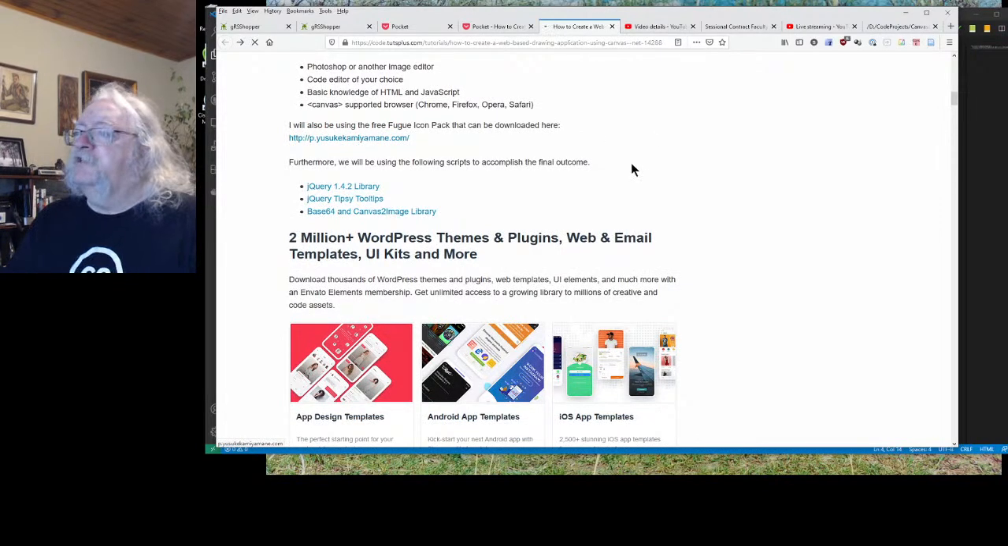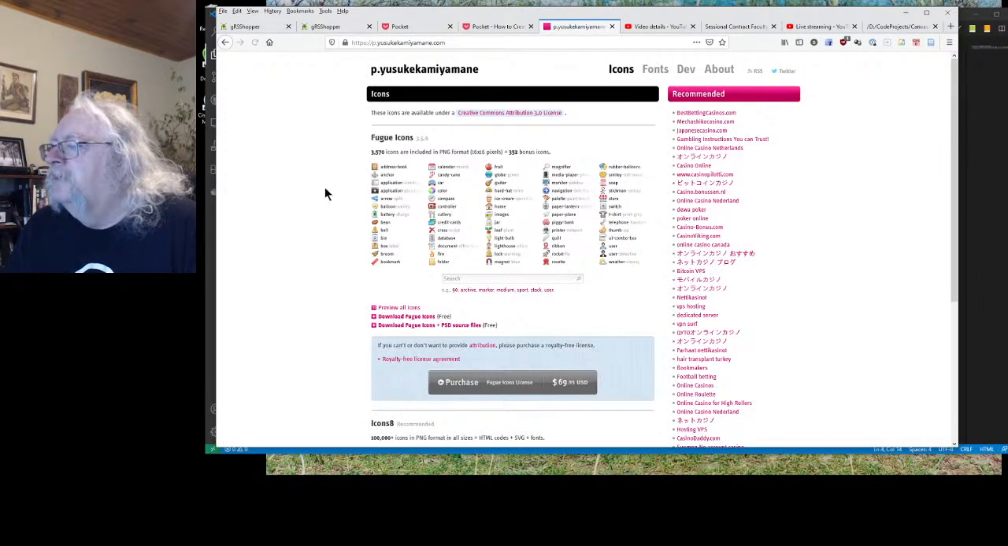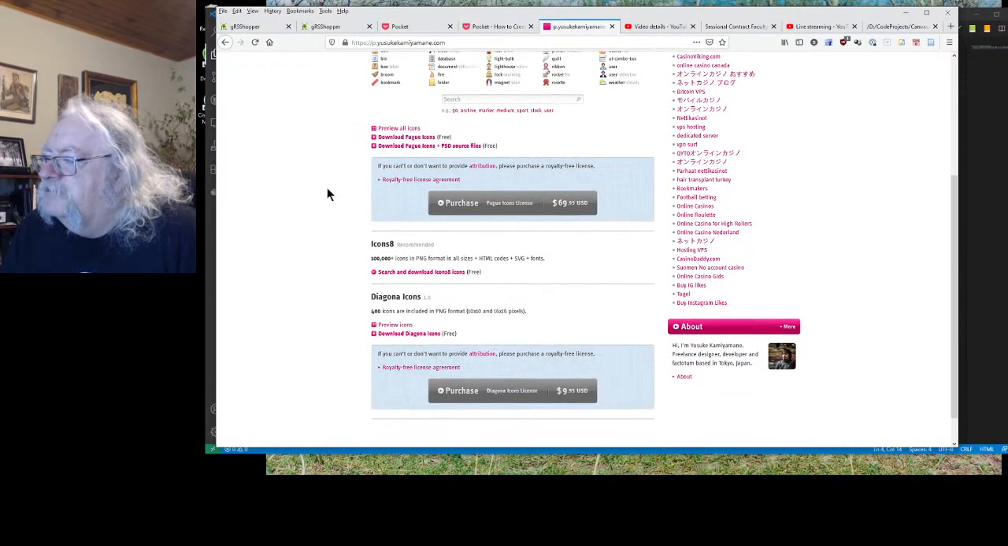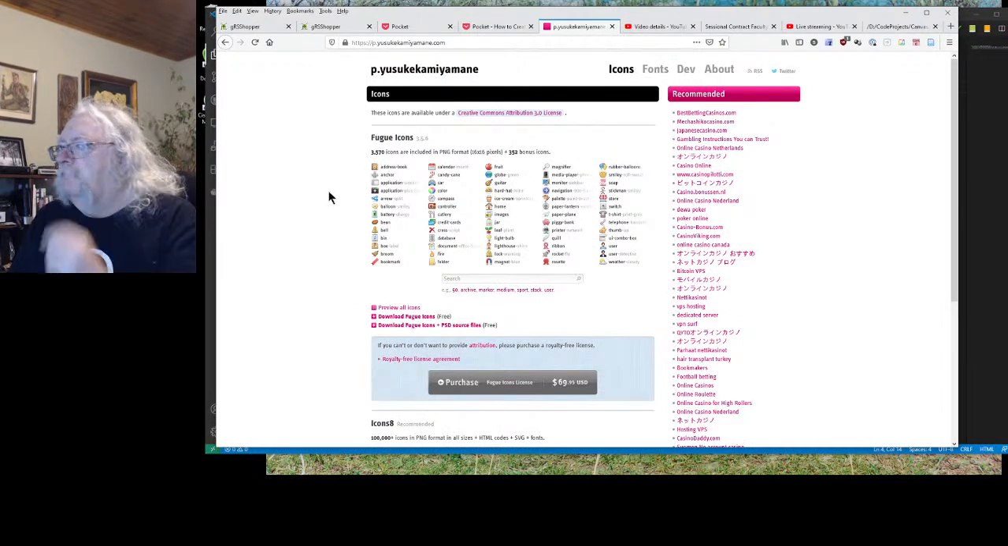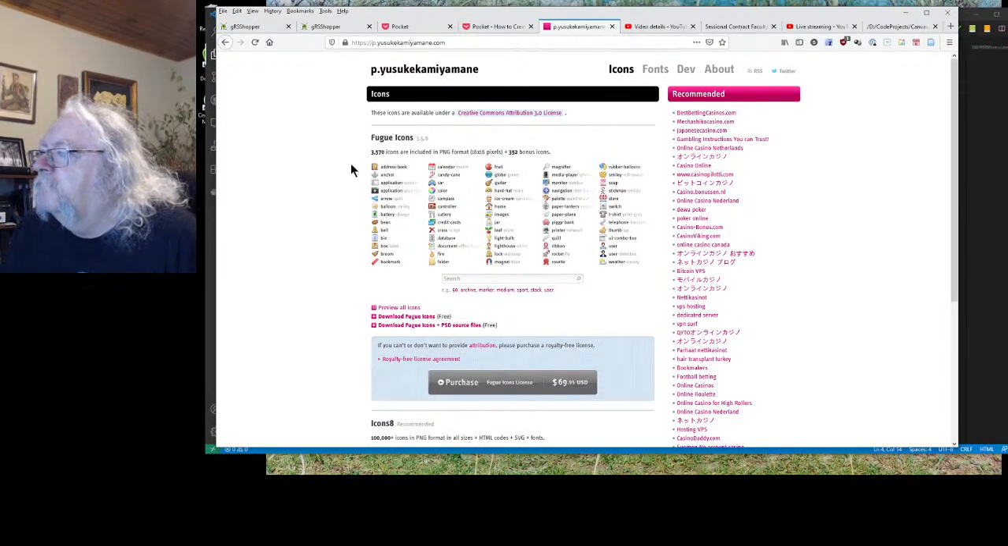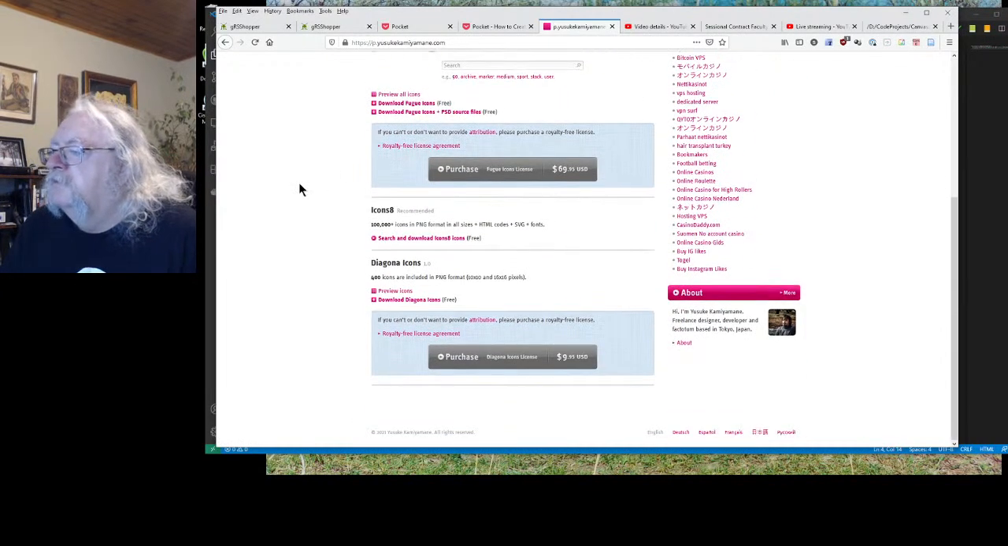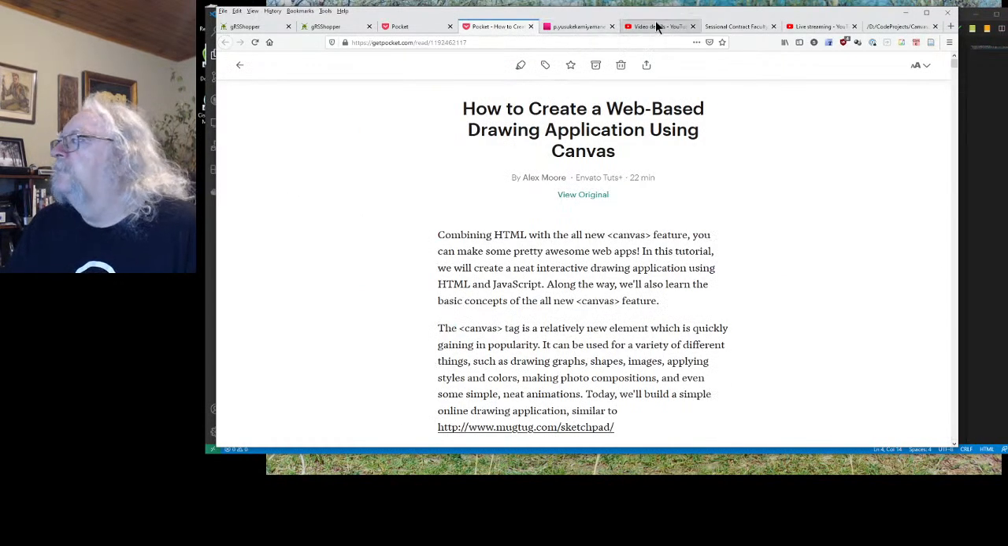Let's see if it still exists. It's 10 years later, after all. And it does. How about that? Except it's not free anymore. Yeah, let's see. Purchase. Oh, okay. These icons are available under Creative Commons Attribution. Good enough. All right, so we'll come back to that when we need it. We know it exists, so